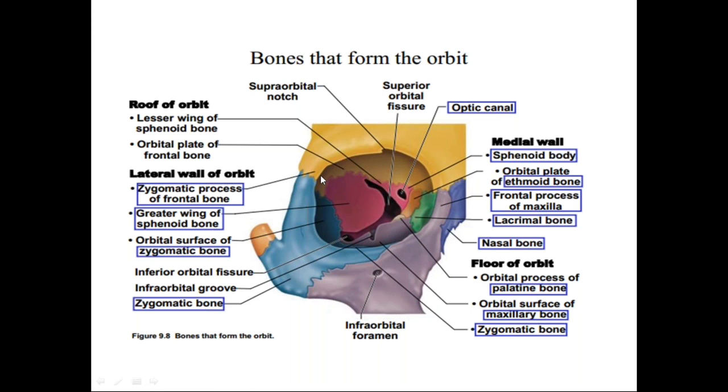Near the base, it has margins. This is supraorbital margin. This is medial margin. This is inferior margin. And this is lateral margin. Over the superior margin, there is one notch, supraorbital notch. This notch is later converted into foramina, through which pass the supraorbital nerves and vessels. Similarly, at the lower margin, there is infraorbital foramina, through which comes the infraorbital nerve.